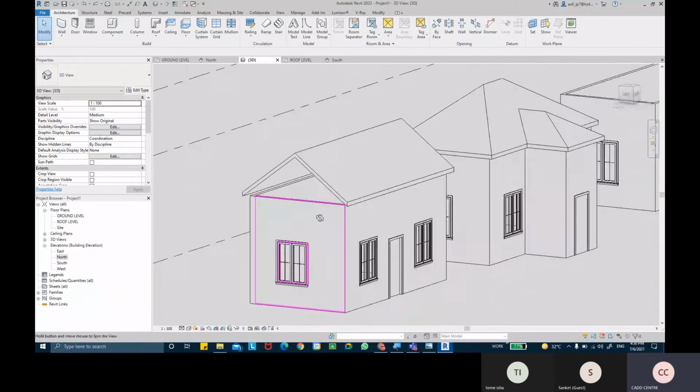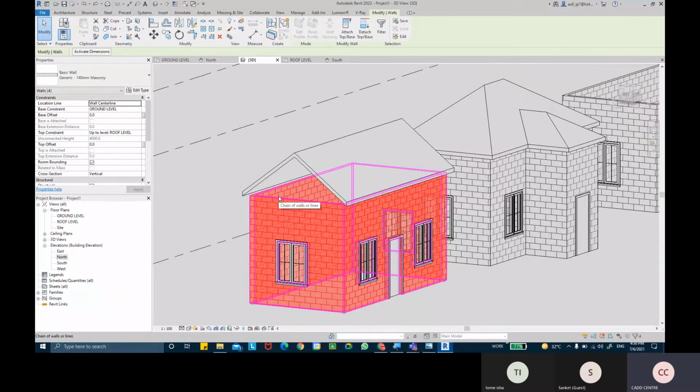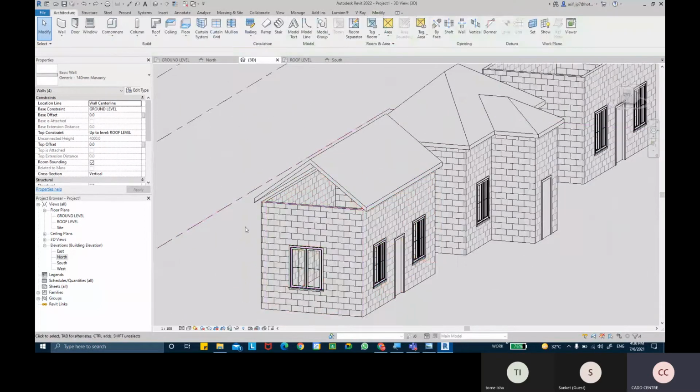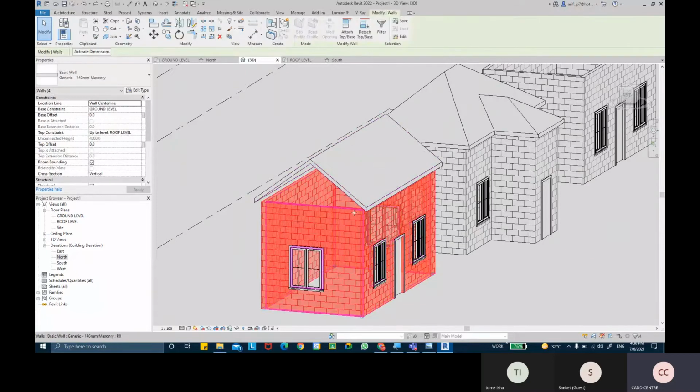So what you have to do is you simply select that wall, or you can select the chain of walls also. So if you just keep the cursor on one of the wall, just hit on the tab and we select all the walls together. Okay, so very simply just keep the cursor on one wall, don't click, press tab, and you can see the whole cycle selection happens, and then you select the walls. You can see all the walls are selected.